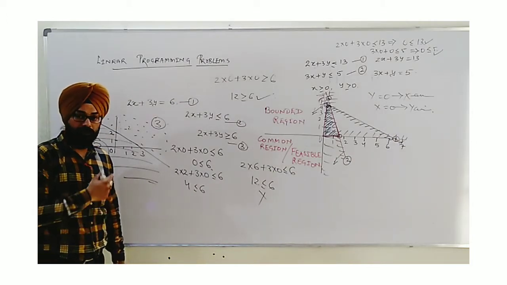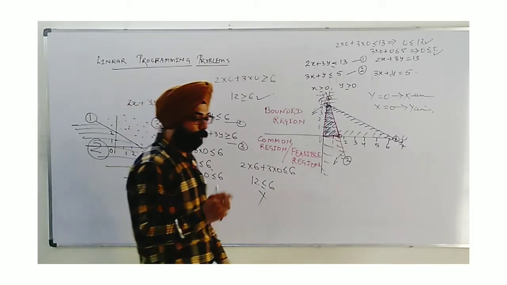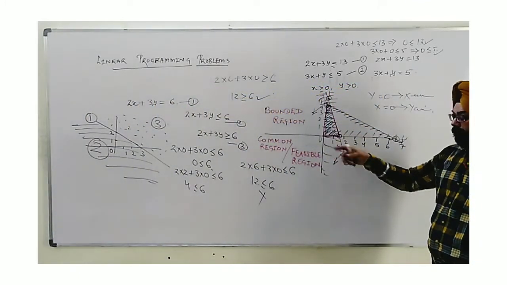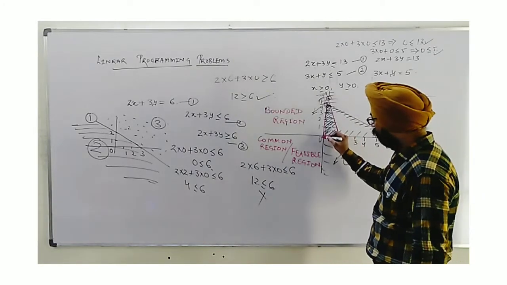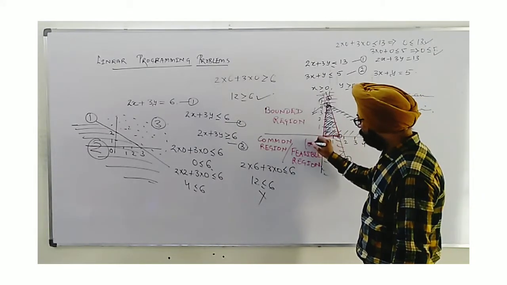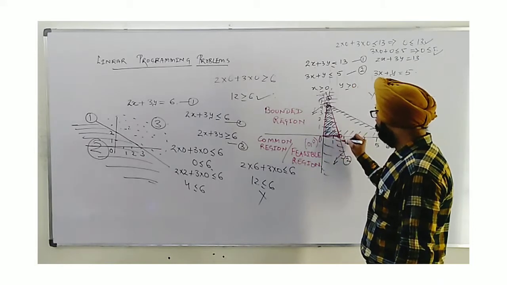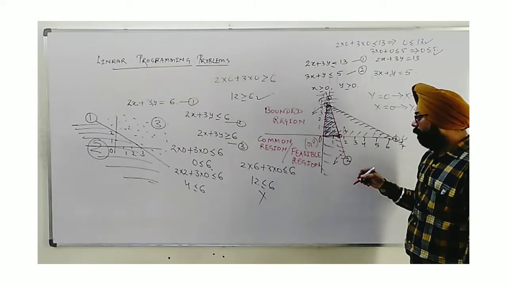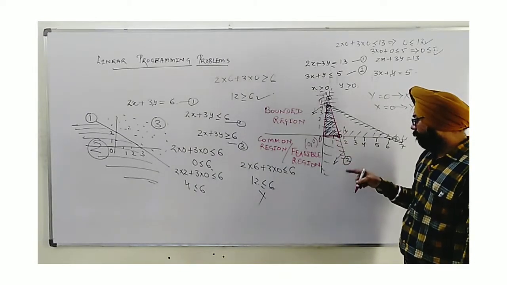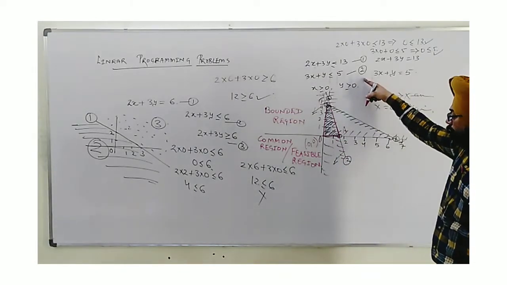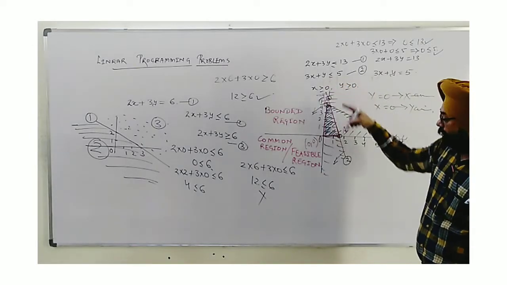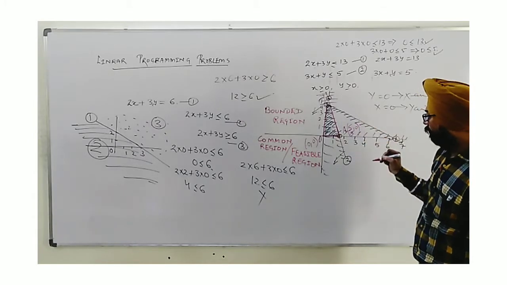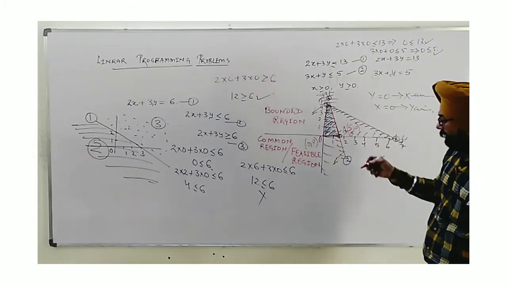Wherever there is a case of bounded region, now we have to locate its corner points. Corner points means its vertices. So first corner point, as I see, is O, origin. Its coordinates are 0, 0. Second here, this one is A, we can say, and this we have to obtain. How? Here this was actually obtained from equation number 2. So when we put y equal to 0, it is 5 by 3. So this point becomes 5 by 3 comma 0. These all are known as corner points, all vertices.